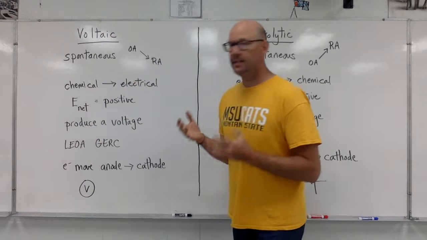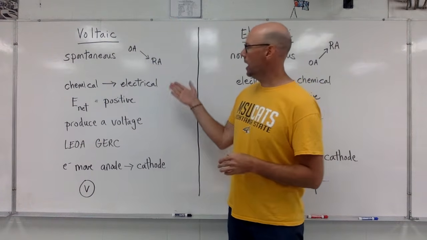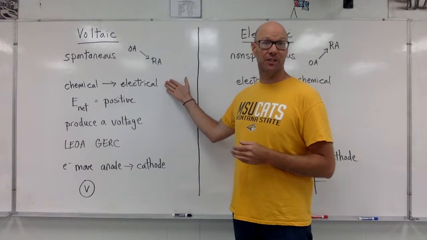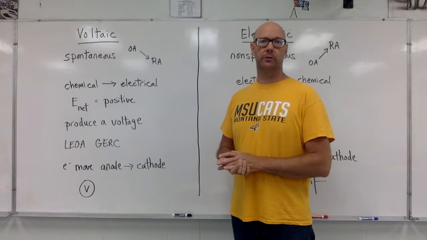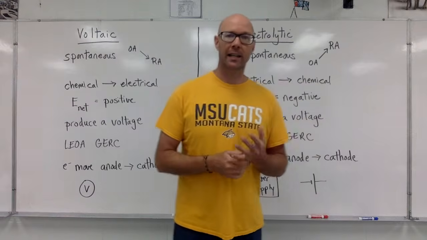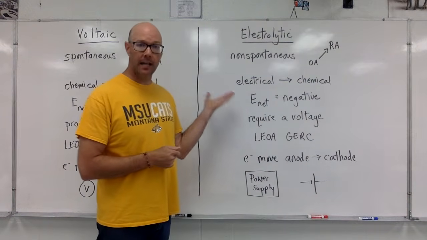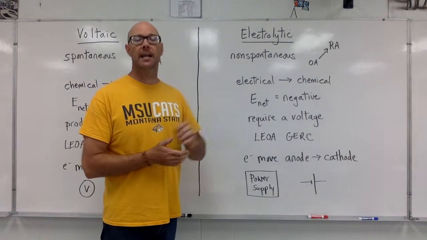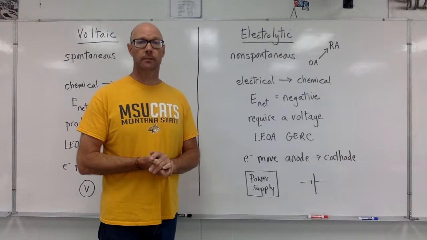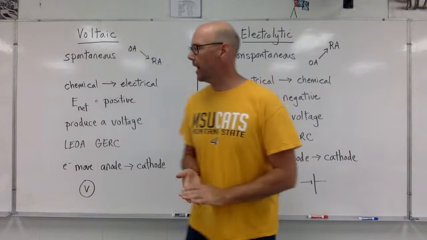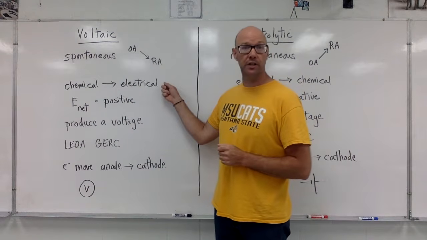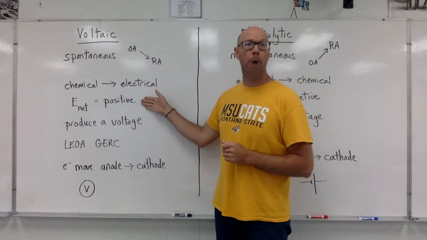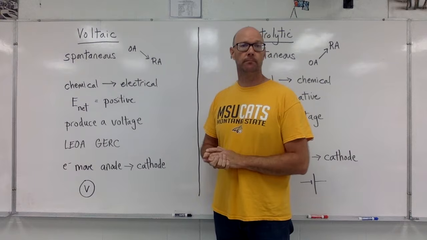Voltaic cells take chemical potential energy and produce electricity. They're batteries. They're fuel cells. In contrast, electrolytic cells take electrical energy and convert it into chemical energy. It's the opposite. Because of that, voltaic cells produce a voltage, they're producing electricity, they have a positive cell potential,